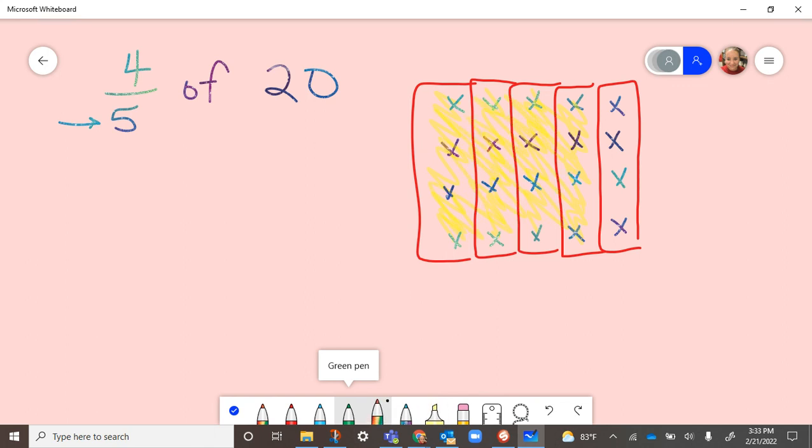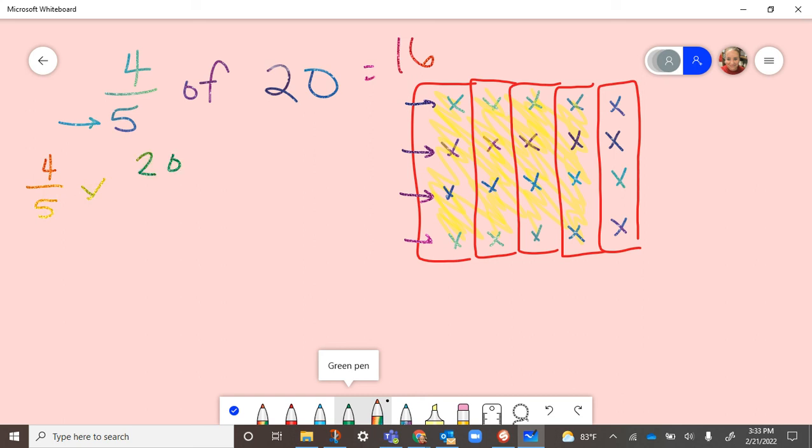And then when I go to get my answer, I just need to count. So I'm counting the x's. There's 4 here. 4 plus 4 is 8. Plus another 8 would be 16. So this should equal 16. So let's go ahead and multiply it out and check our answer. So 4/5